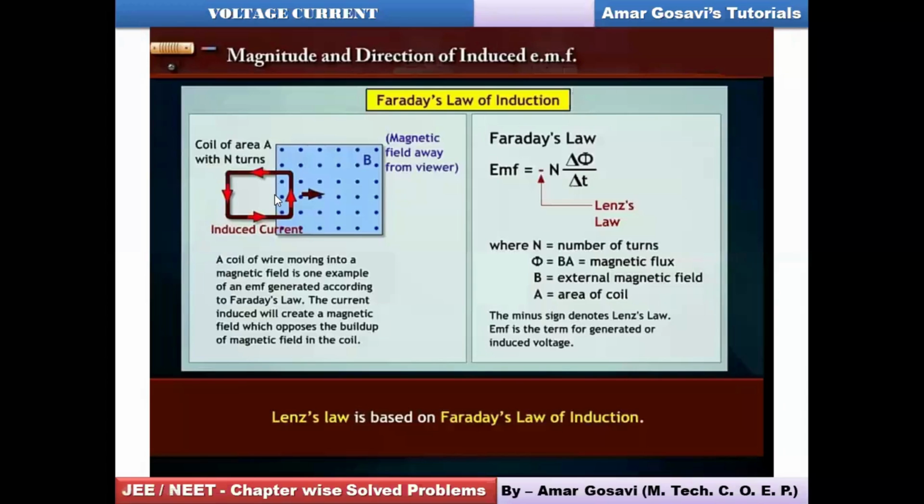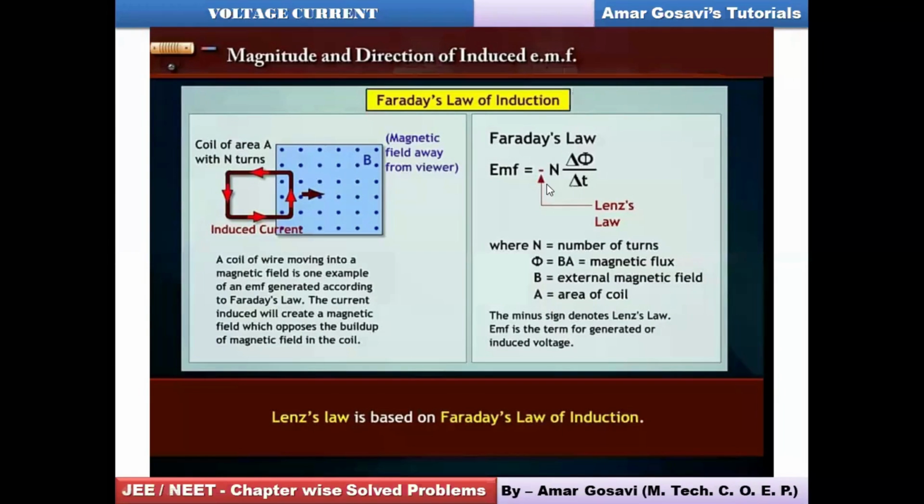this rectangular coil having n number of turns, we are trying to move it through the magnetic field. The dot indicates that the magnetic field is directed perpendicular to the plane of the paper, outwards. Then, obviously, because of the change in the magnetic flux linked with this rectangular coil, there would be EMF generated. As per Faraday's law, that EMF would be minus N d phi by dt, or delta phi by delta t. Why minus sign? Because the direction of the EMF will be such that it will oppose its own cause. That means Lenz's law is applicable.